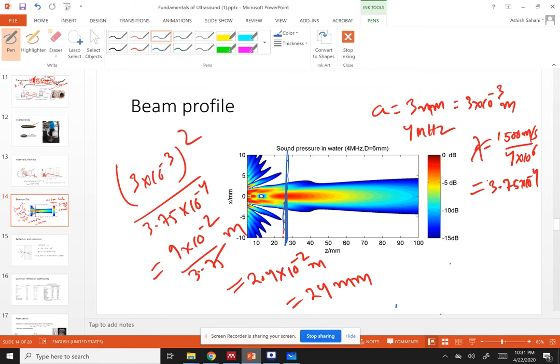After the near field to far field transition, in the far field there are no oscillations. So the signal becomes pretty smooth in the far field. But in the near field, the signal has a lot of movement. The intensity varies a lot in the near field. That's why you want your object of investigation mostly in the far field, because then you can be very sure of the intensity which you are going to put over the object which you are looking at.